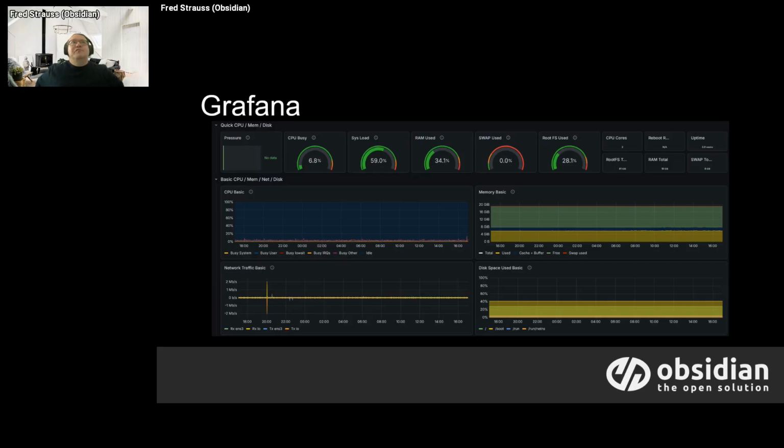Like I said, we use Grafana and Isinga for monitoring. This is just a simple screenshot of Grafana. This is just a subset of the kind of information Grafana can give you on a Linux system. There's a lot more detail you could get, but the screenshot would become too small to make out if I included all of that.